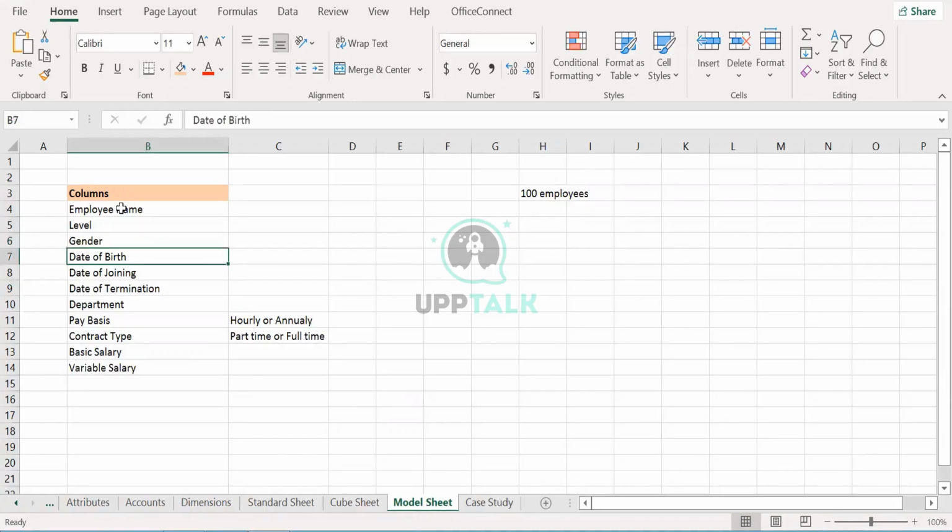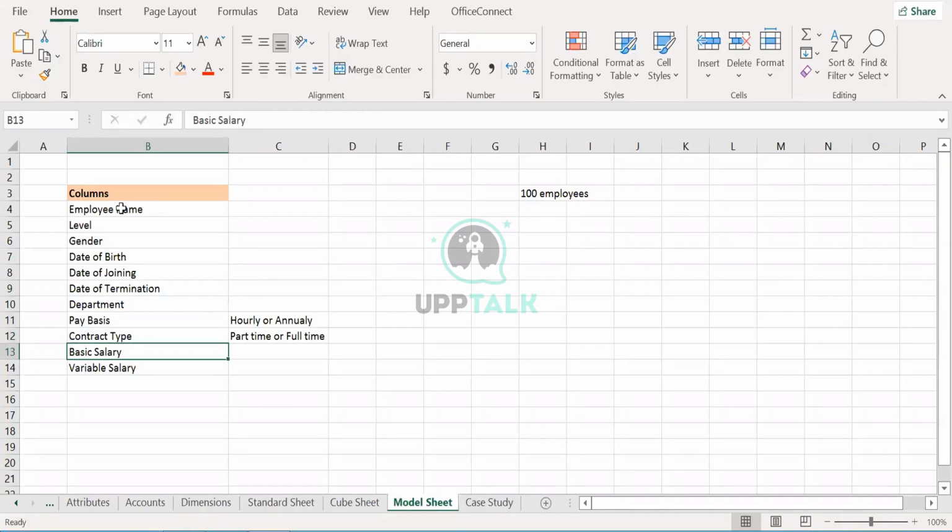What is the date of birth of that employee? What is the time that he joined the organization? You know what time he left the organization. You want to capture all kinds of information related to the employee in that sheet, right? What department he is working in, what type of contract he has, whether he is a full-time worker or a part-time worker, and whether he has an annual pay like a normal employee or only hourly payment.